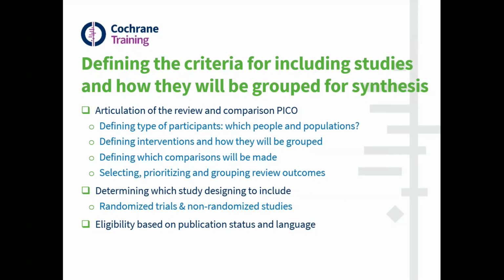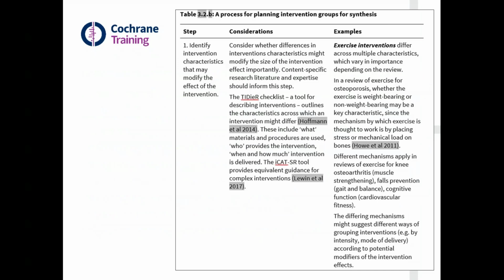Right. Defining the criteria for including studies. So that's a key new chapter. I think it builds on that articulation of the PICO that I was mentioning there, just deciding which types of study to include, and also covering some of the key standards in terms of eligibility criteria. I just wanted to highlight for you here, and this is probably good for someone who's looking at the slides afterwards, some of the guidance that's given in that chapter, which is chapter 3, where we've got